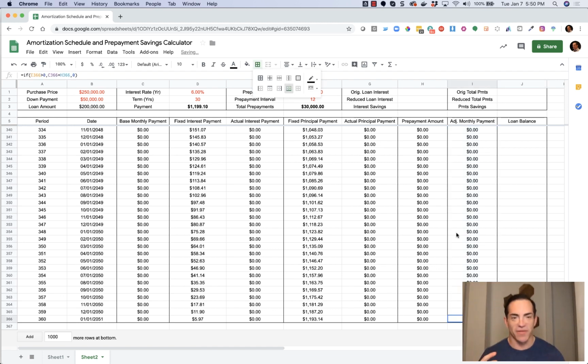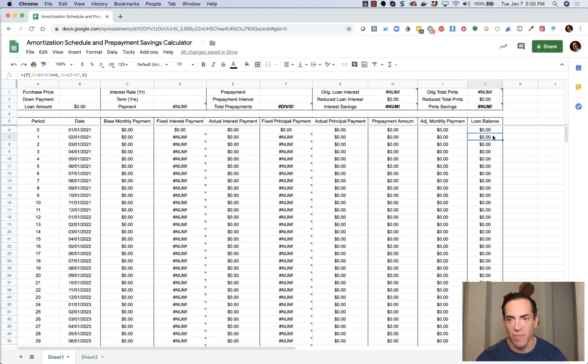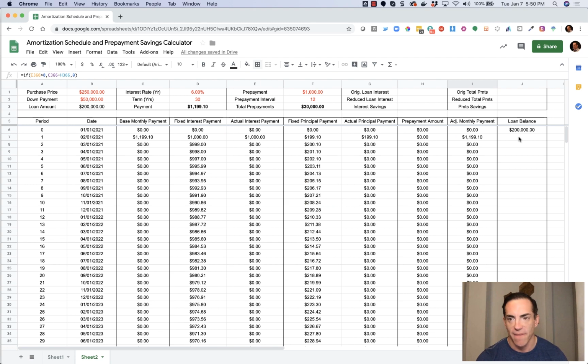I feel like there's all this built up energy now because we have all these zeros that are going to suddenly blossom with actual numbers once we start filling in the loan balances. So loan balance, how do you calculate loan balance? Well, loan balance is pretty simple, right? It's just taking the previous month